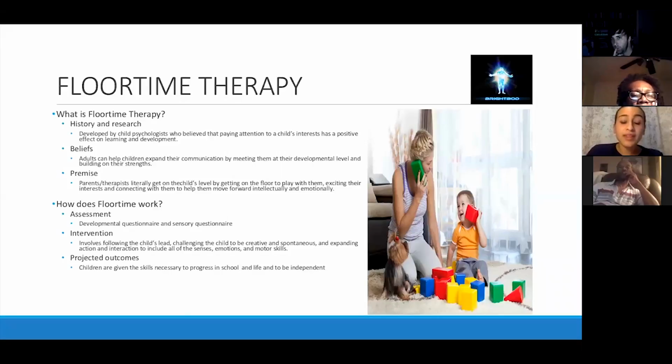So the actual intervention itself will usually take place in a calm environment. So at first, it'll probably take place in a professional setting, such as a clinic, where the therapist is meeting with the parent and the child and probably administering the therapy themselves, but they're also trying to teach it to the parents so they can carry it over into their everyday lives, which is very important because it's all about functionality. What you learn in therapy should also be applied in your own home, and that's basically what the parents are encouraged to do. And the formal treatment sessions at the start do range from 2 to 5 hours